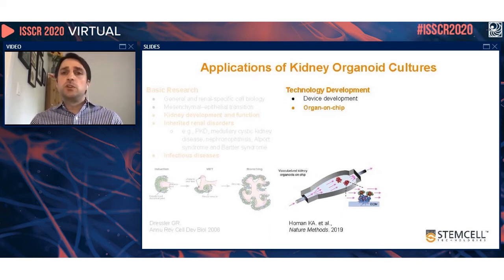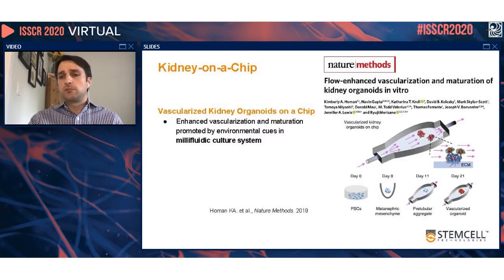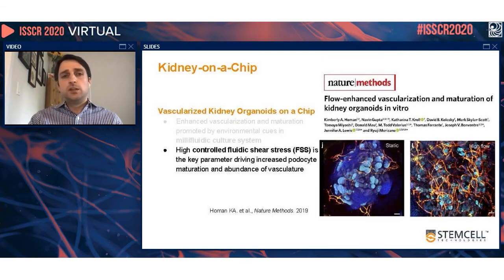Another application of kidney organoid cultures is technology development, which includes device development or organ-on-chip technologies. Here, I want to show you a publication from Luigi Morizan, where he has taken pluripotent stem cells and differentiated them into metanephric mesenchyme. These nephron progenitors were then subsequently seeded into microfluidic culture systems. And then he demonstrated that with high controlled fluid shear stress,